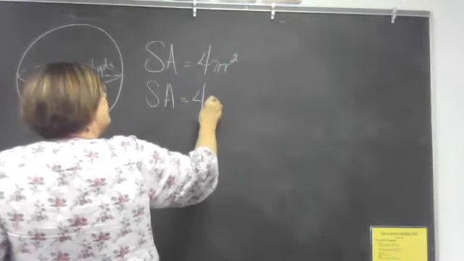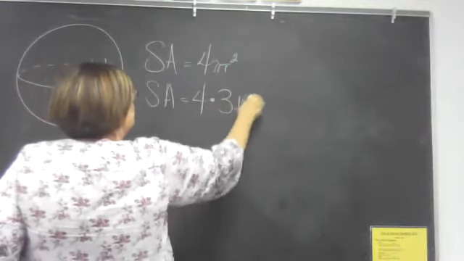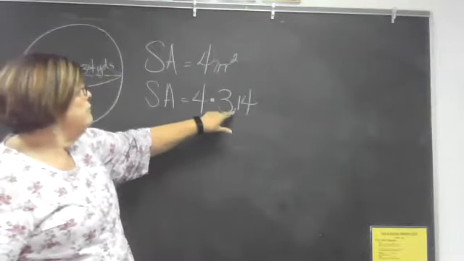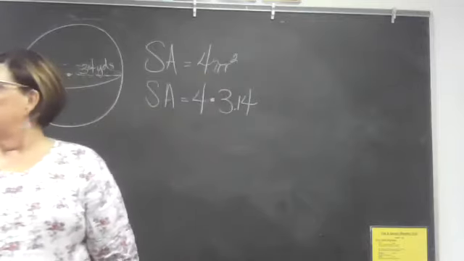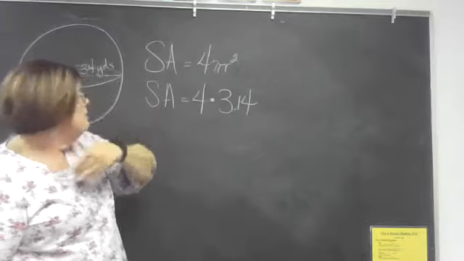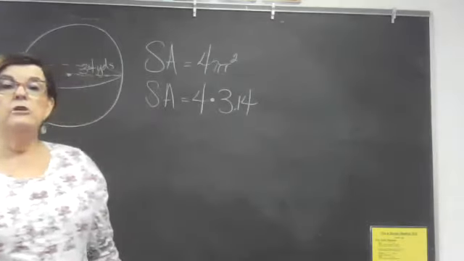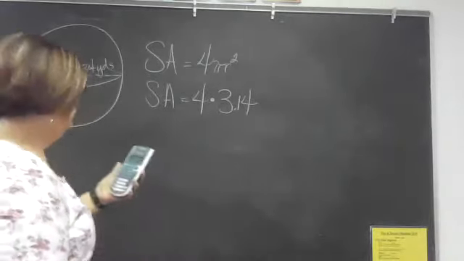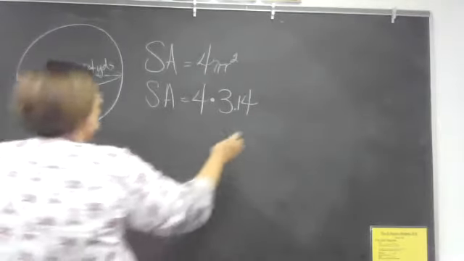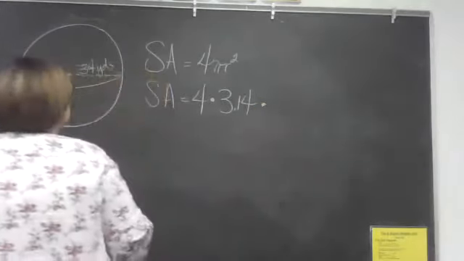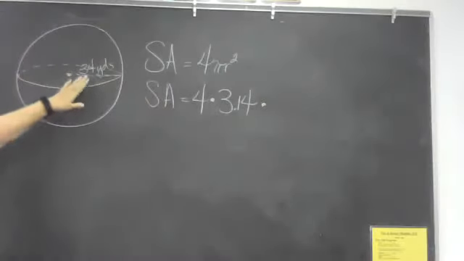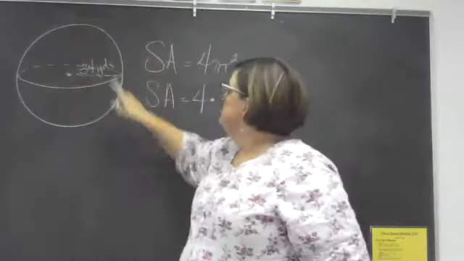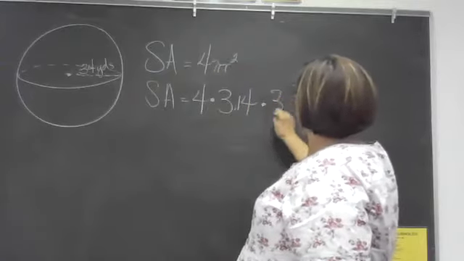Equals 4 times, again, 3.14. And I've told you this on the other videos, but make sure to only use 3.14 for pi if they tell you to in the instructions. If they don't say anything about it, use the pi button that's on your calculator because it gives a more exact answer. All right? Only use 3.14 if they tell you to. Times, and R, again, you're going to stop and say, is this really the radius or do I need to divide it by 2? It starts at the center and comes to the outside, so it's a radius. So I have 34